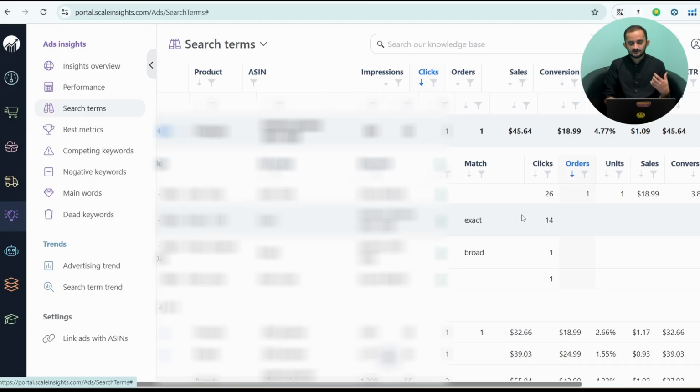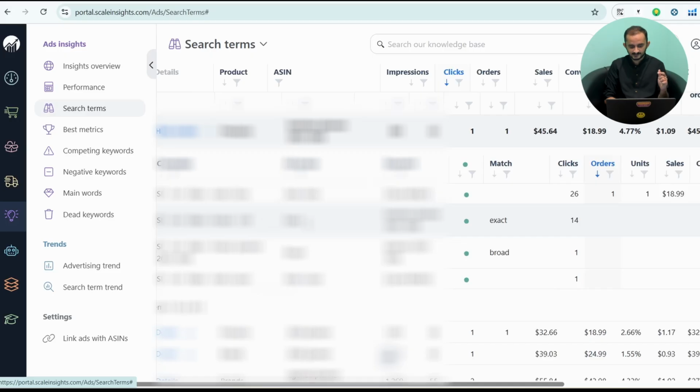But based on this observation, I can negate it in auto campaign. I can turn off the keyword in exact campaign. I can negate it in broad even with 1 click, and I can negate it in loose as well even with 1 click. If you were managing it through the ads console, you would never negate it on broad or on auto loose,